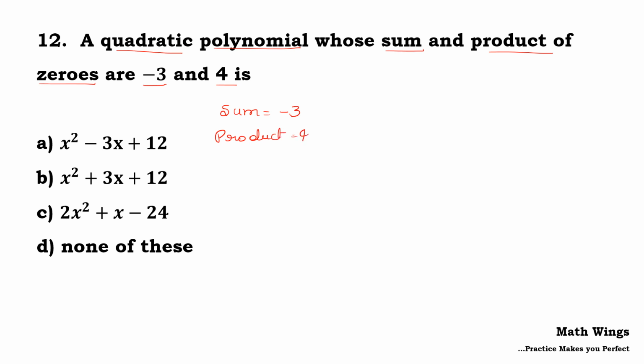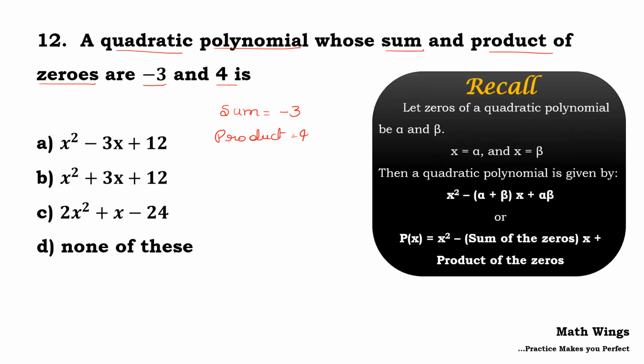How to write a quadratic polynomial using sum and product? We have seen it in many of the problems. The theory here is when we have zeros of the polynomial, or when we have been given the sum and product of the zeros,